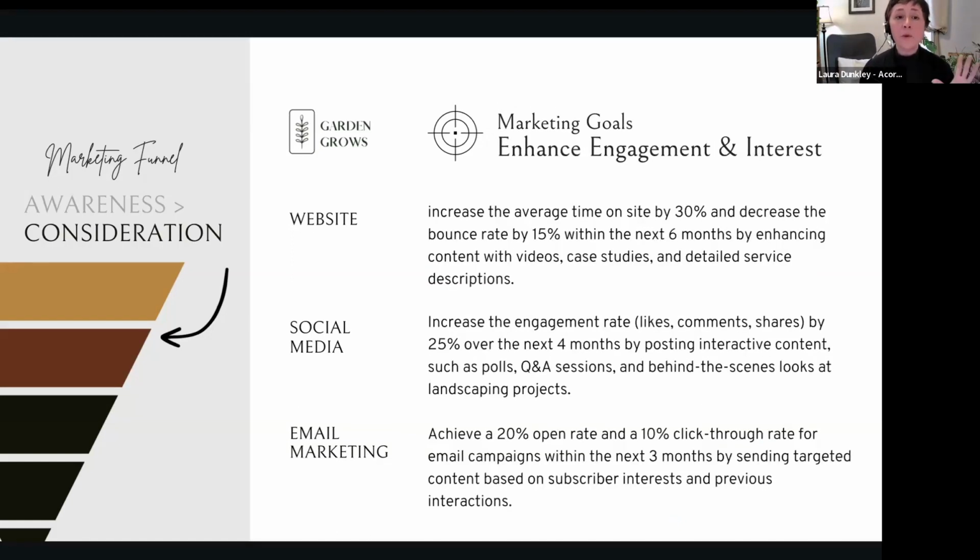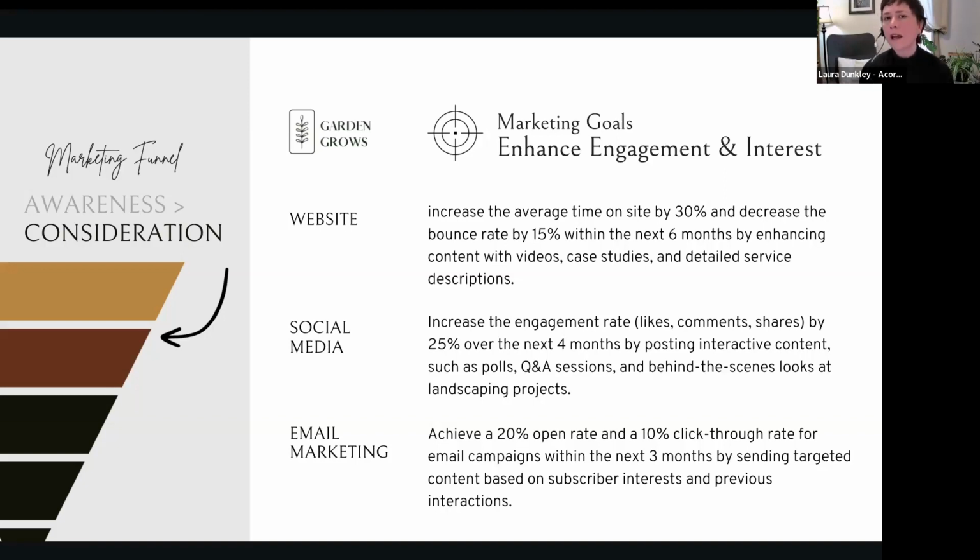And then we get to another goal, which is to enhance the engagement and interest. So we've built trust and authority. Now we're moving to, oh, I'm engaged, I'm interested, I'm going to stick around and potentially buy from you. So we want them to hang out on the website, and you can start measuring this. Google Analytics, Squarespace has some good analytics as well. So just keep an eye on those analytics and what pages they're hanging out on, how long they're staying, where they're moving within the website.